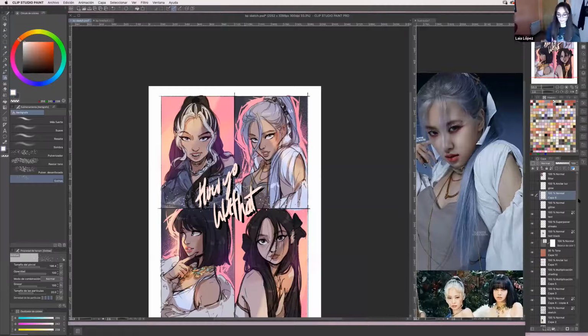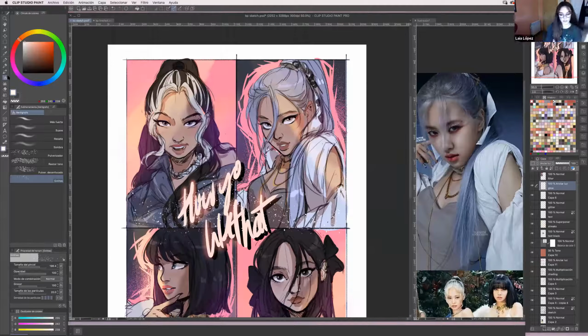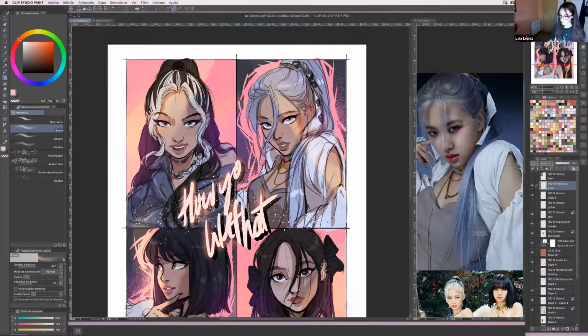I love adding glow, and I use the same type of layer as I explained before, the Pinlight one, the foggy, glowy layer that I really like. And I use the soft airbrush for it, and basically add it a little bit. Although I think this is something that I did not end up doing at the end of the drawing because it didn't look good in the end. I'll see later, but I'm not sure.